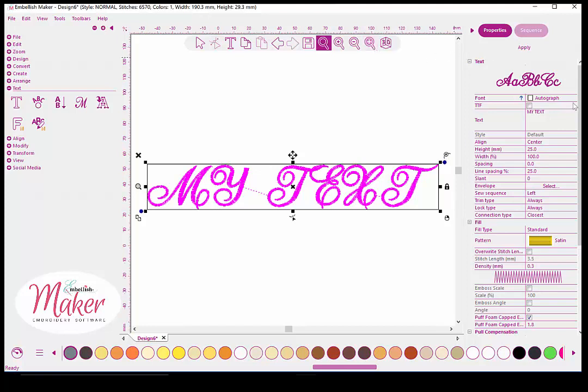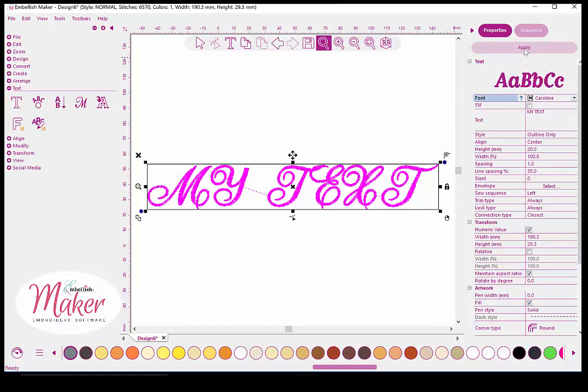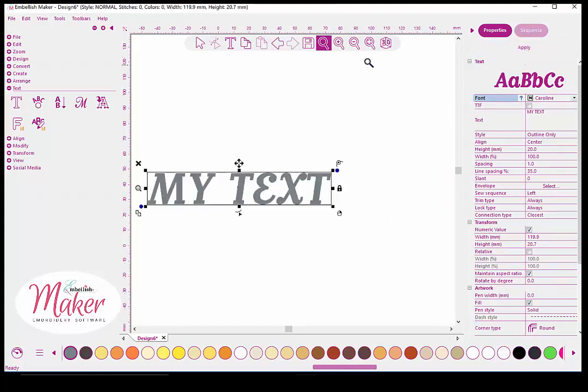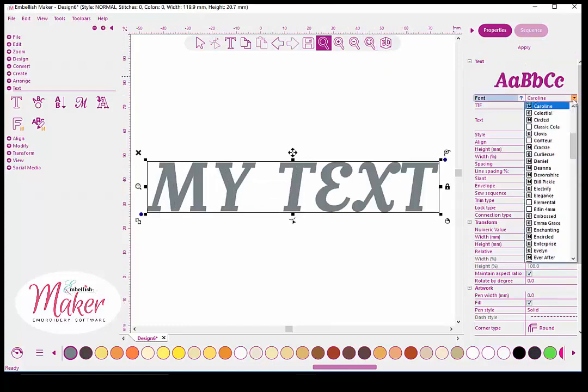Now you have even more fonts available than you did thanks to this free update from Embellish Maker. Now I do want to say one thing about capped ends. Just because the letter O, or in this case, there's nothing in front of it, that means it's a built-in Embellish Maker function. If you're wondering, the letter N is actually a crafting cut font. And because I have crafting cut on this computer, I have it installed and registered. I have more fonts than you may have if you don't own Craft and Cut. All right, but back to